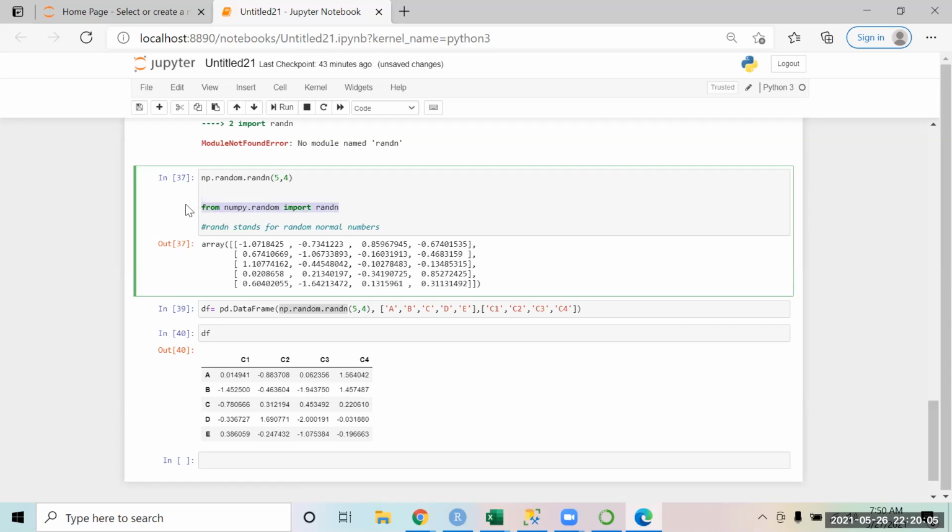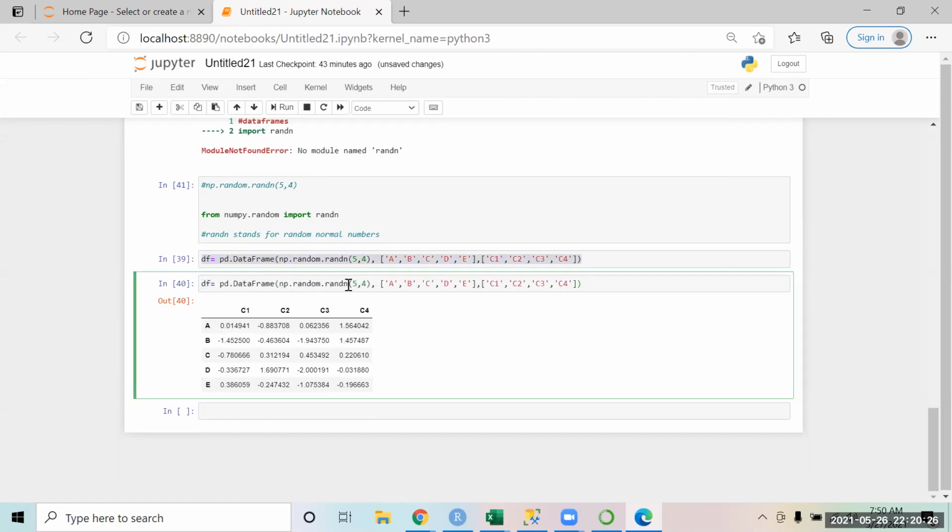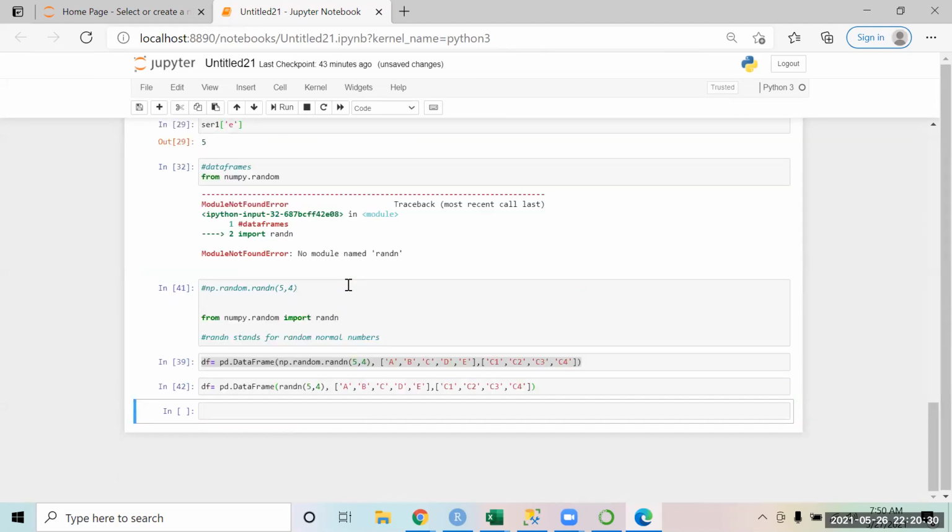So anywhere I have to use this function, I will not have to write the complete path. I can simply write randn, and that will do my job. If I write the same code like this, without the complete path, it will now work very easily.